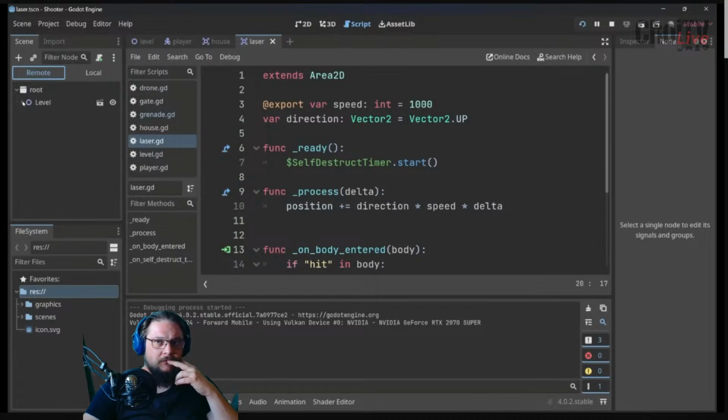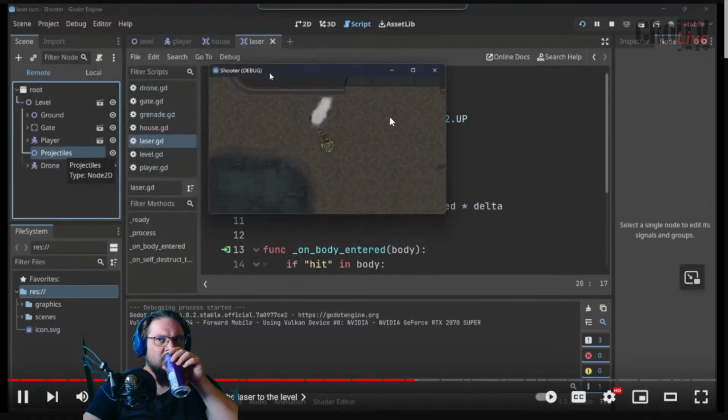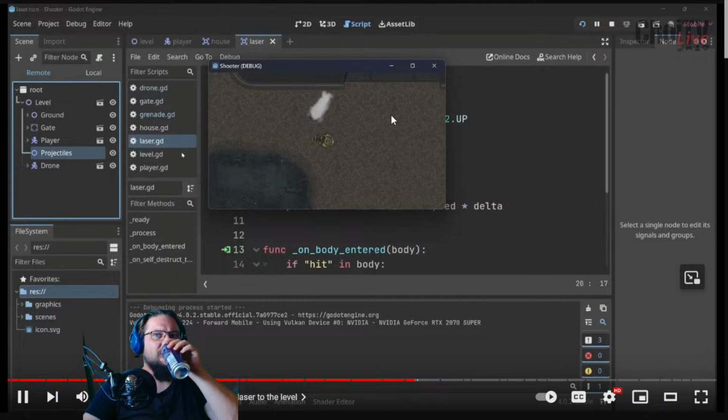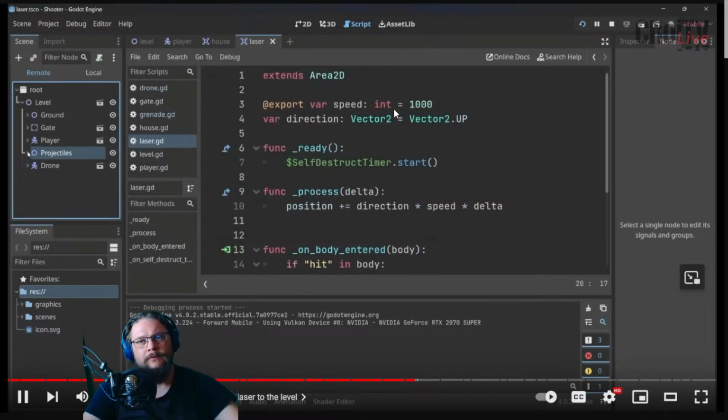And if I now look at remote level projectiles, right now it's empty. Let's try this again. We get a laser for a short period of time. So there we have it. But here is an interesting